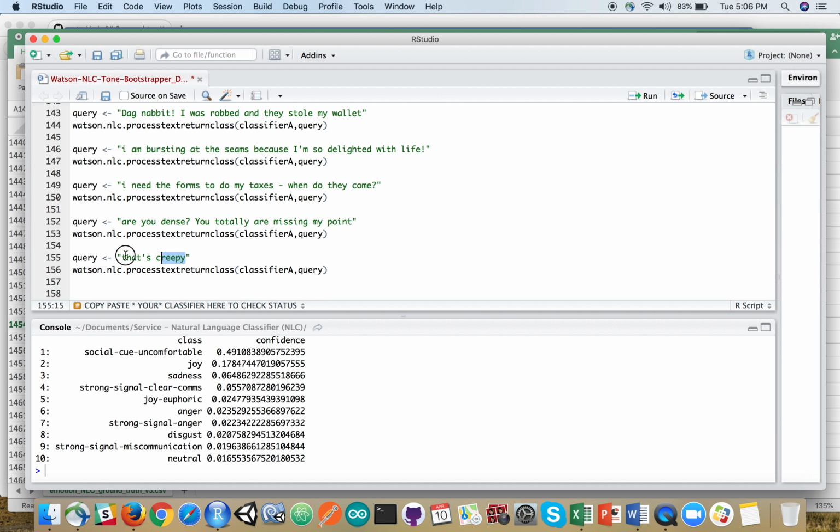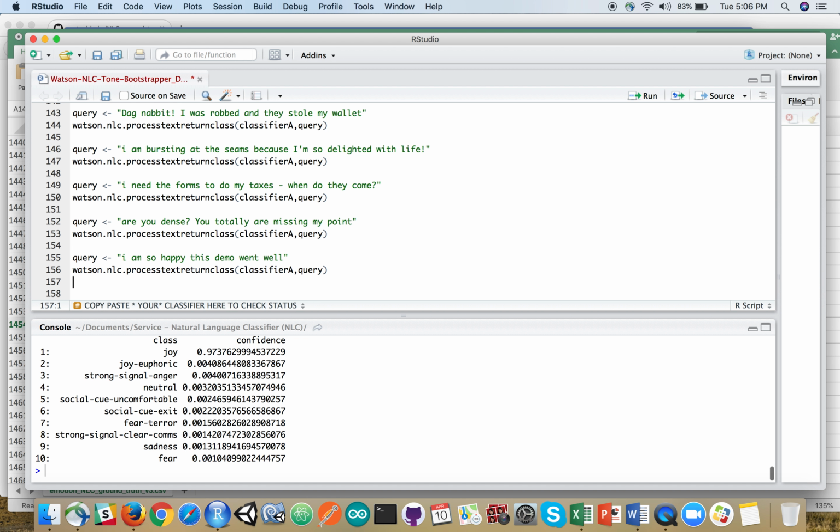And let's finish off here by saying, I am so happy this demo went well. And let's hope we get the right finish here. There we are,